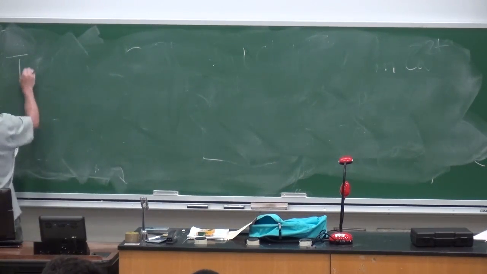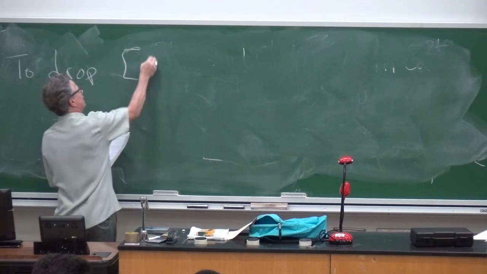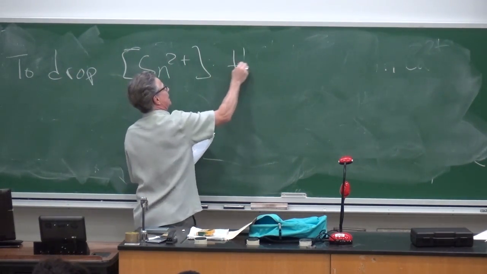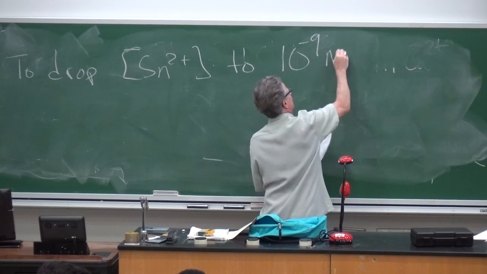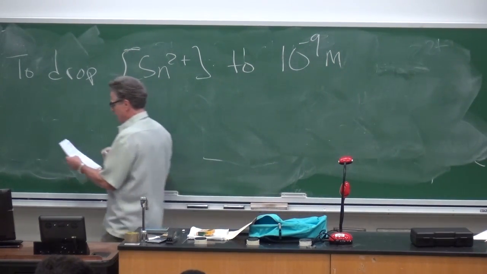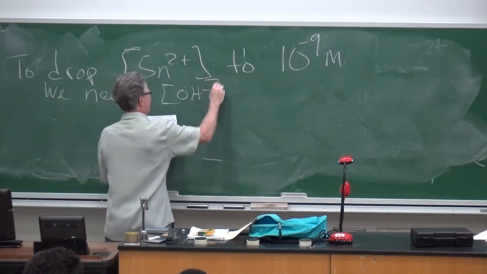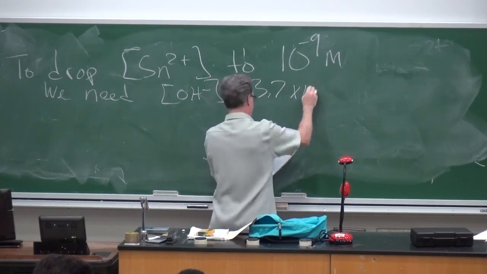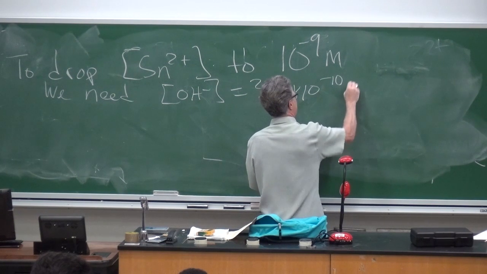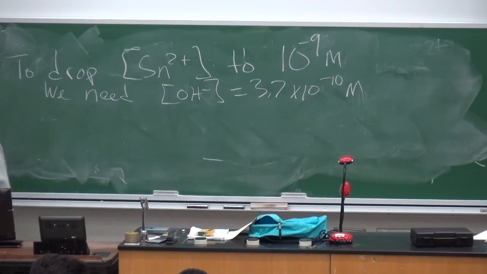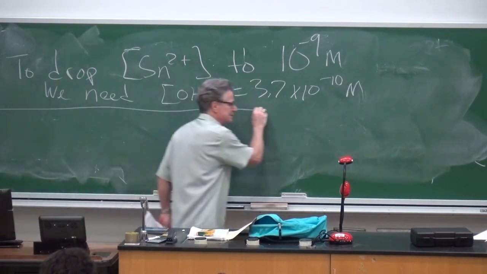So to drop the concentration of tin 2 plus to 10 to the minus 9 molar, if we do that calculation, the concentration of hydroxide we need is 3.7 times 10 to the minus 10 molar. So we don't need very much hydroxide at all. If we get the equilibrium concentration of hydroxide up to that concentration, we drop the tin down to 10 to the minus 9. Now, the final question to ask is,